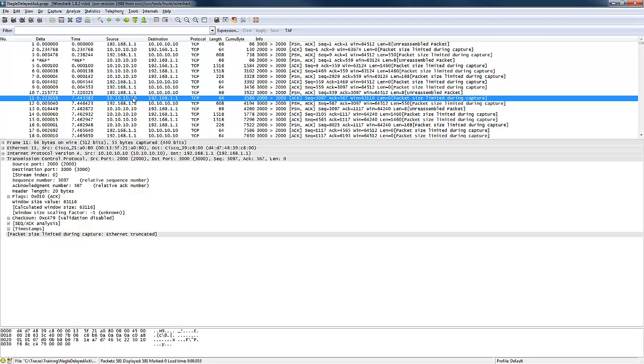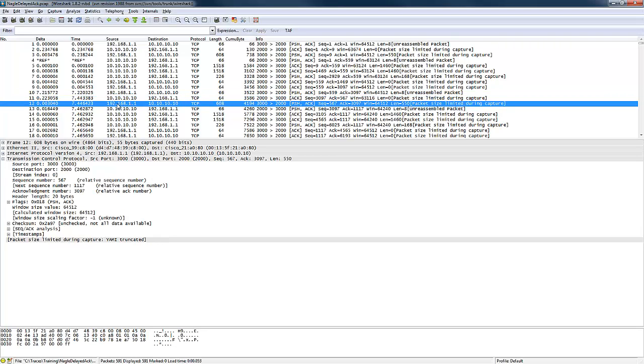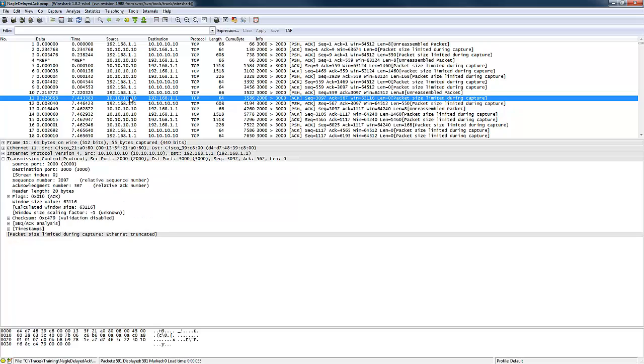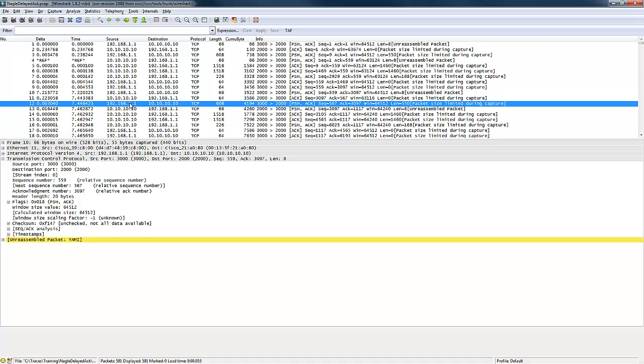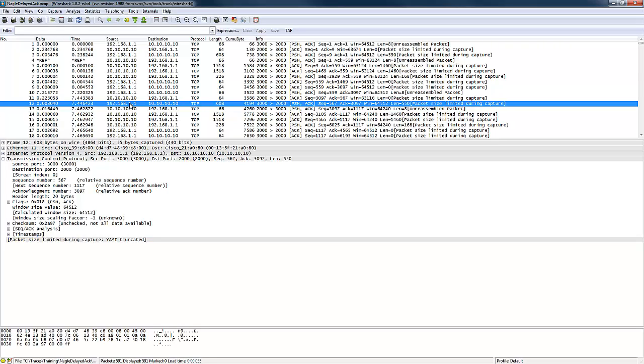So now that we see the acknowledgement come back, the application here is getting ready to send 550 bytes. Okay. In this case, why was it that 192.168 had to wait for this acknowledgement? Okay. Why didn't packet number 10 and packet number 12 go back to back? Okay. And the reason is,